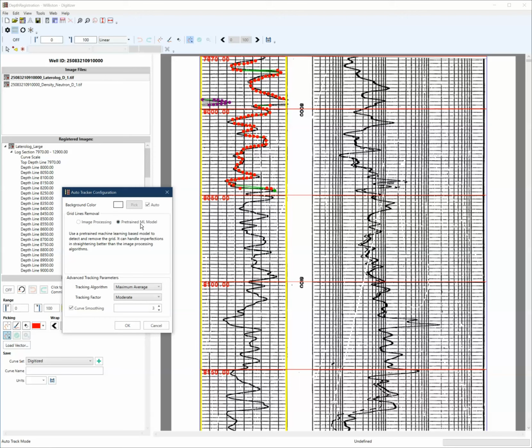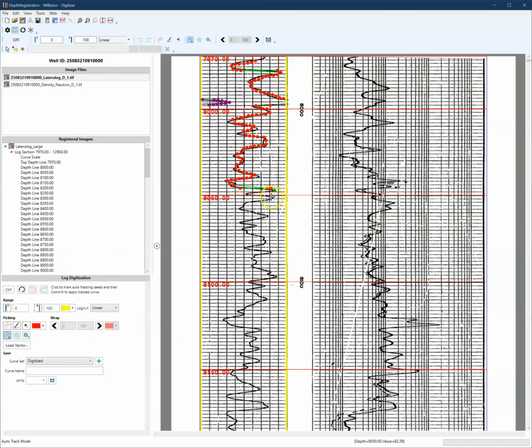So we've trained the model on there. All the information is in there, and if we use this option, the tracker will be able to identify where those horizontal and vertical grid lines fall, and then basically ignore them and just try to follow the curve. In fact, let me not use any of these methods. I'm not going to detect my horizontal and vertical lines, just to show you how big of an effect it actually has on the curve. So if you're not detecting this grid, I'm just going to click OK here,